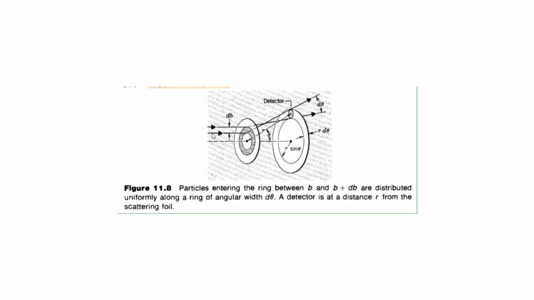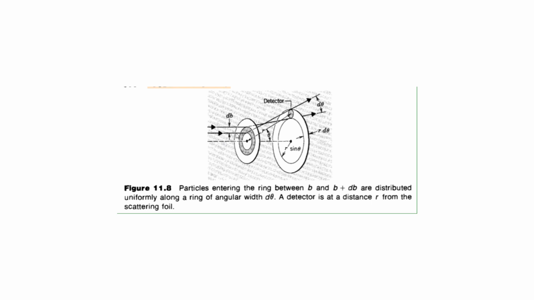We have just drawn just one particle coming in. It's not possible to draw everything. So you can just imagine particles coming in and falling onto this nucleus, onto this target at an impact parameter b. So it will be falling on a ring of say radius b. And then you can imagine another set of particles coming in with impact parameter b plus db.